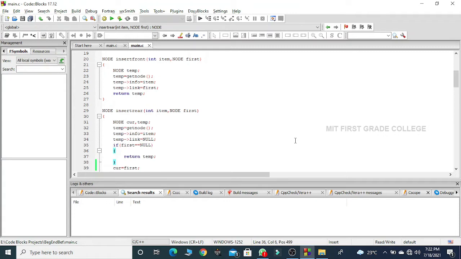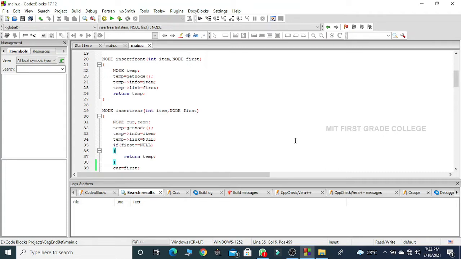Now, inside temp's info part, I assign the item that has to be inserted. Because I am trying to insert the node at the front end of the list, the first node's address is stored in the pointer first.